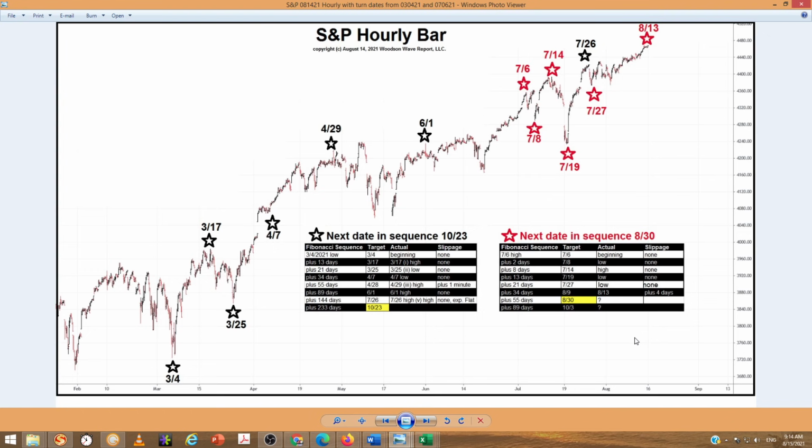You can't change the math. Your interpretation of the math, or anyone's, could be wrong, could be flawed, could be accurate, but the math is always correct. That's a challenge with Elliott Wave, and especially with Fibonacci, is figuring things out. But if this plays out to perfection, then August 30th would mark a high, and October 23rd, which I believe